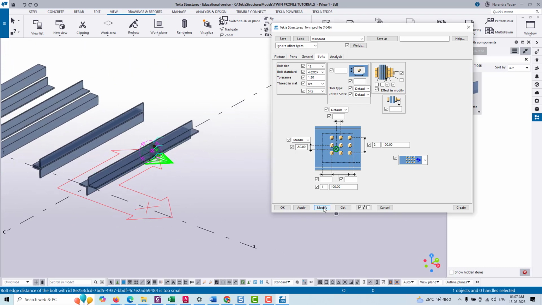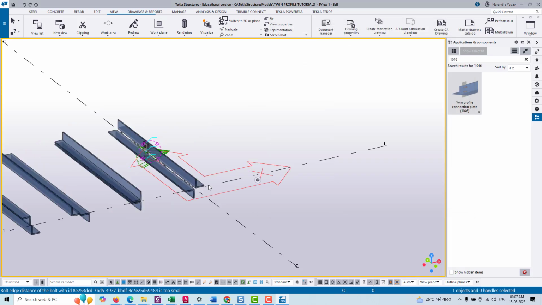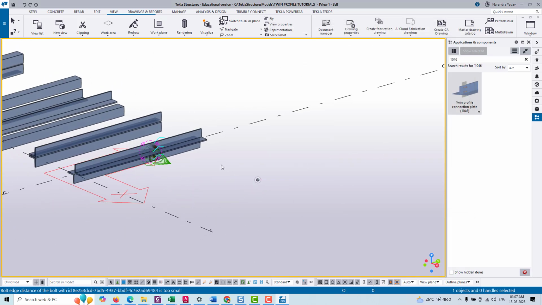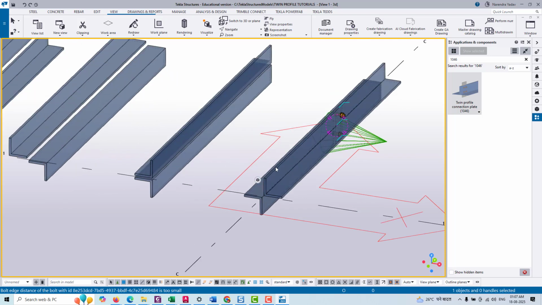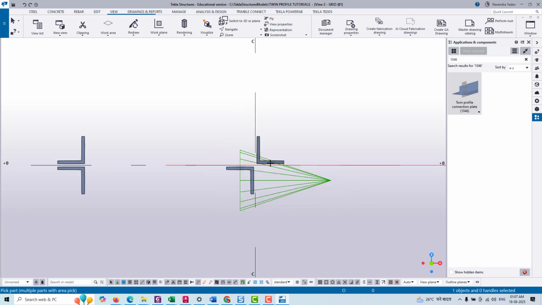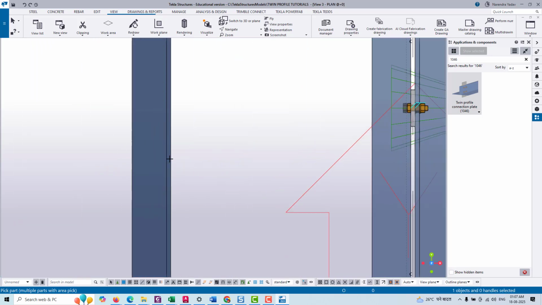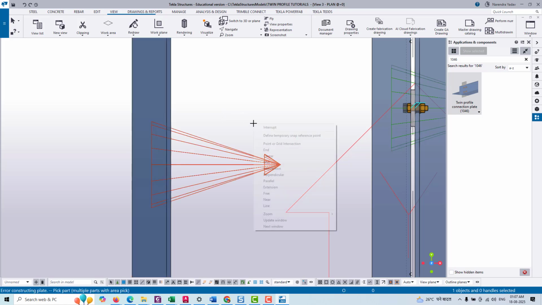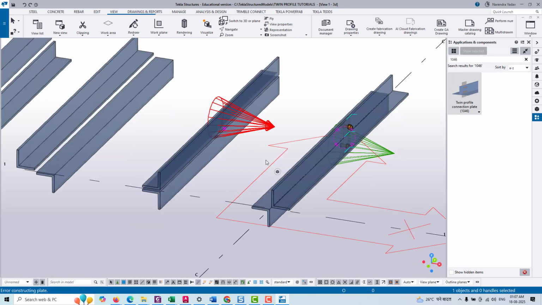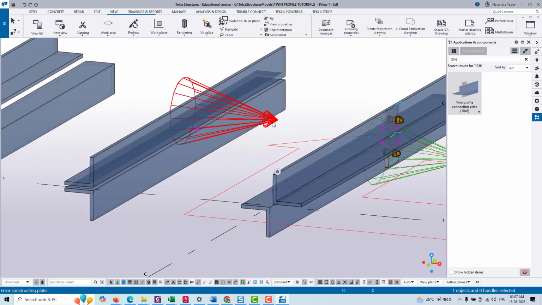Once you complete it, just click on the modify, apply, then OK. Now move to the next connection. Again click on that and go to the plan view. Here we need to select any member of these 2 points. Just click on that